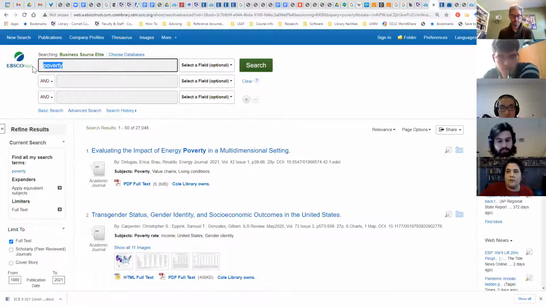This is just looking for the word poverty anywhere in the article. One of the things that's nice about databases compared to a Google search is that everything in here has what librarians call metadata attached to it, which is information about the information. So you can narrow your search down by a bunch of different categories of information.